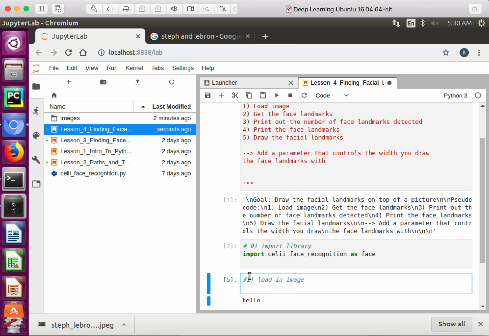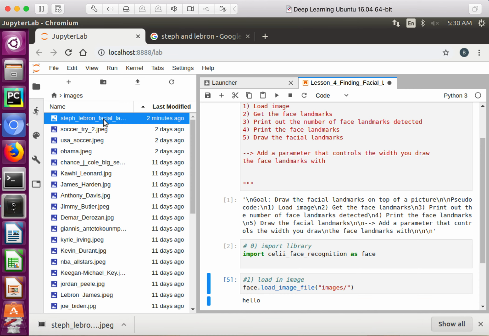Okay. So we kind of covered this last time. It's face.load, and if you hit tab, you can look at, oh, there's only one function called load image. All you have to do is give it a path to your image, and we went over paths a lot last time. So the only thing is, it's in my image folder, and I need to do / and what it was called, let's see, if you right click and hit rename, you can just copy the whole thing, hit